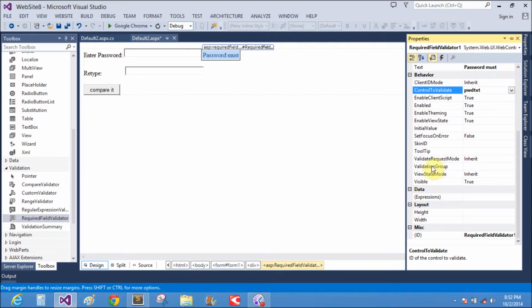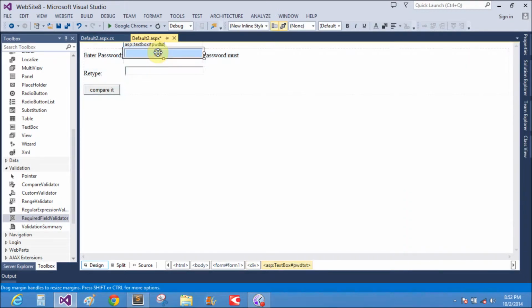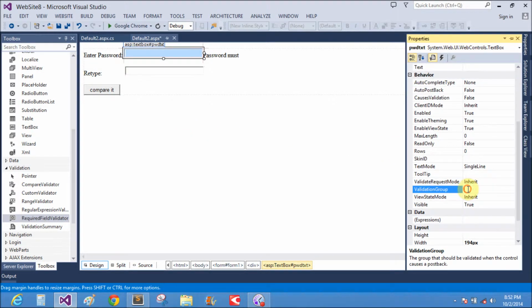Also set the validation group, because if we use a validation group, then we can club all the controls in a single group, which does not link to the other controls. So the validation group is VG.